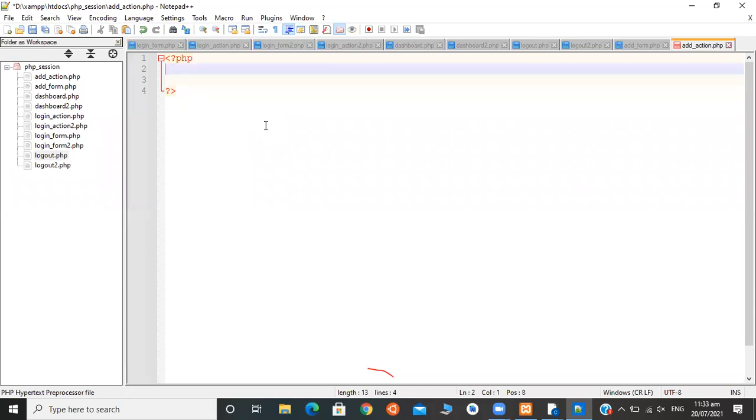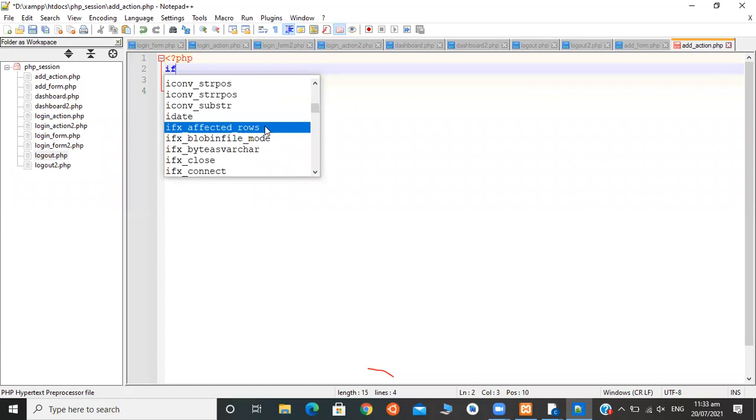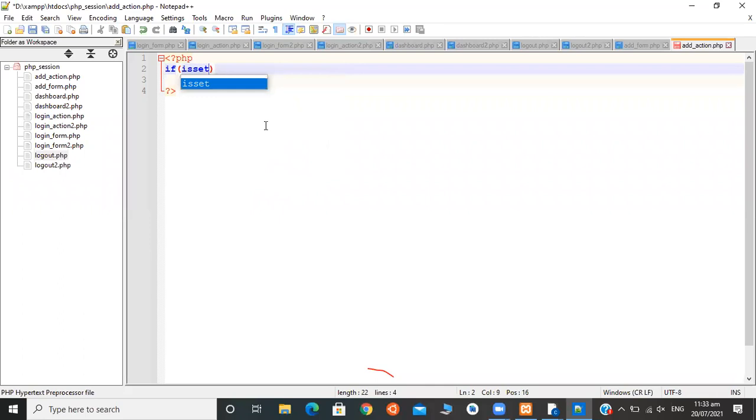So first, I need to check if it is present on the server. isset $_REQUEST. What name have we given for first number? First number. We can access first number with this $_REQUEST first number.